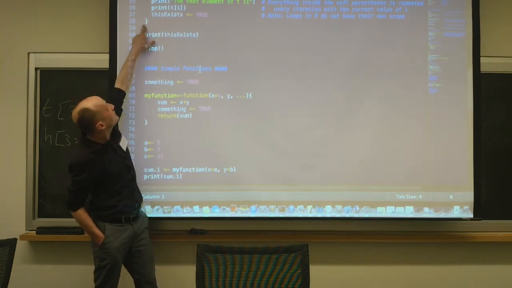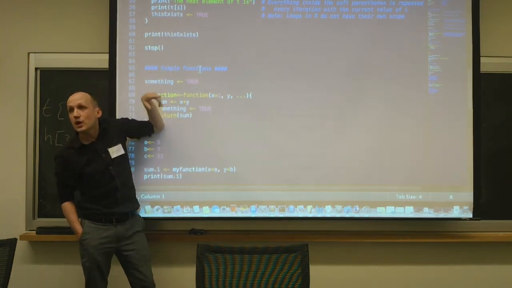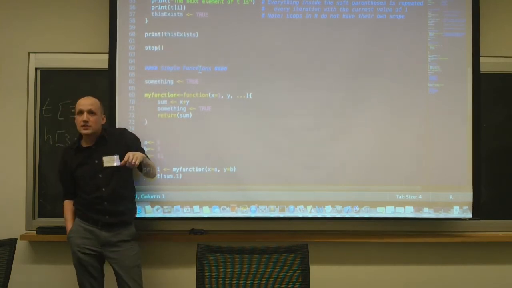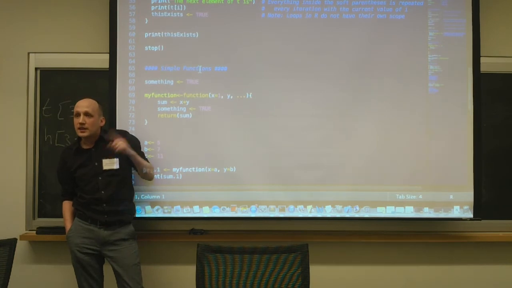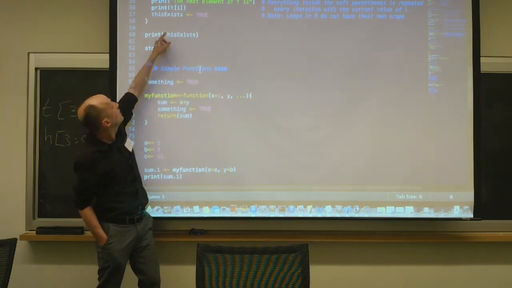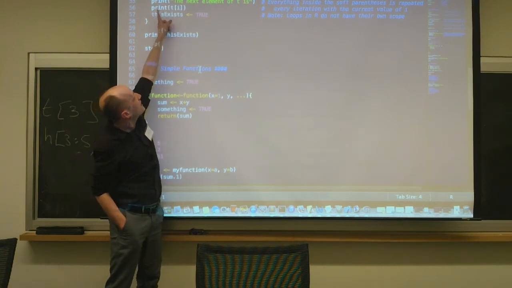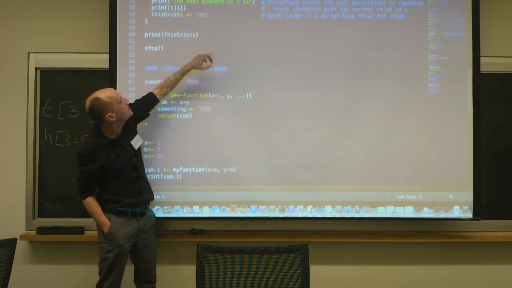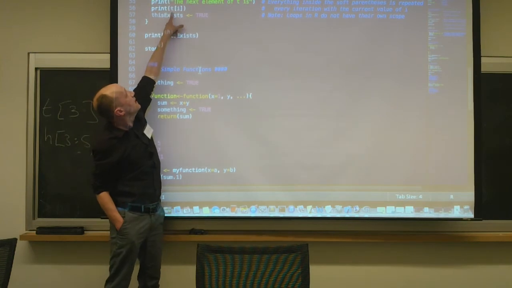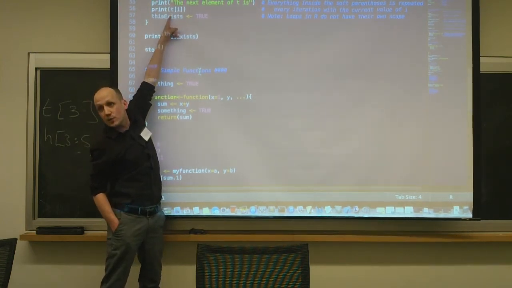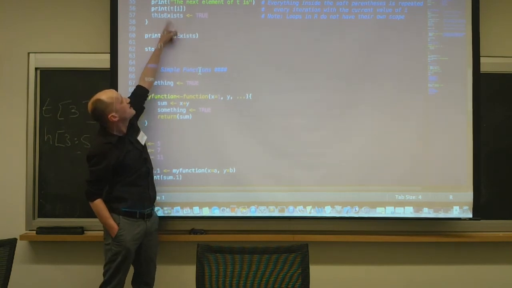And everything that's inside the curly braces here is going to be run. It's going to be run once when i is equal to 1, then i is going to be incremented to 2 and run again, and incremented to 3. So in this particular case, what's going to happen? The first time I go through this loop, i is going to be equal to 1. I'm going to make that print statement. It's going to say the next element of t is. Then it's going to print the first element of t. T is this vector that we've got trailing around. And then it's going to do something.